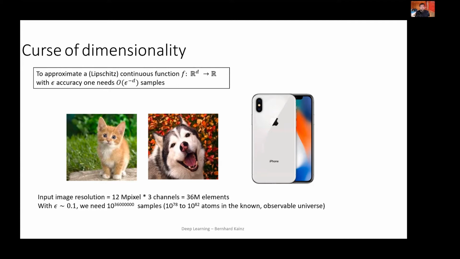So looking at this problem from a different perspective, initially we thought about the number of samples we need to approximate a function that will nicely solve our problem, or to fill a representation space nice and evenly. Previously we looked at that and concluded that we need 10 to the power of 36 million samples to build simple image classifiers from our iPhone images. So looking at it from a slightly different perspective, this huge number also has other implications on how we design learning